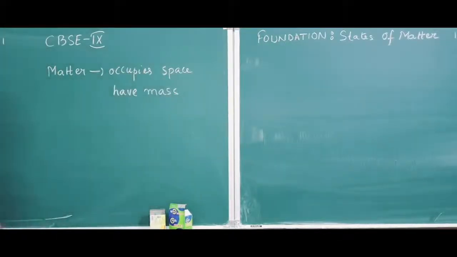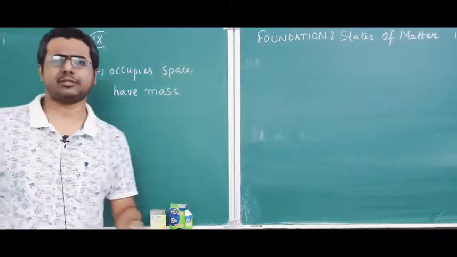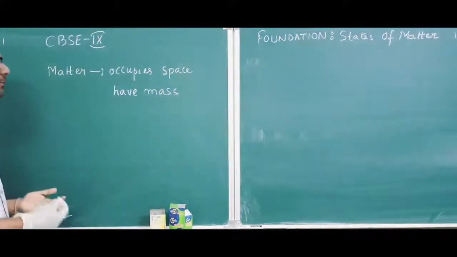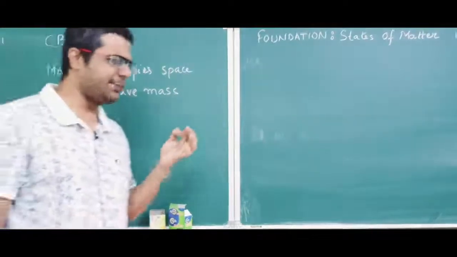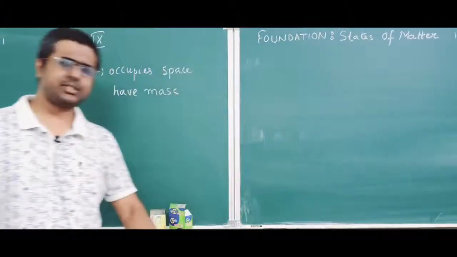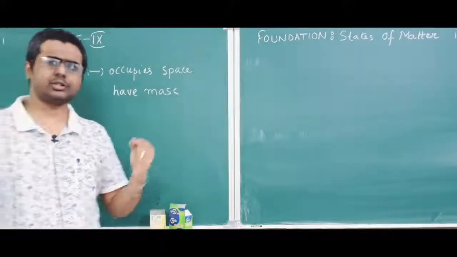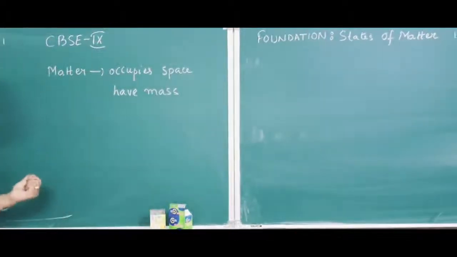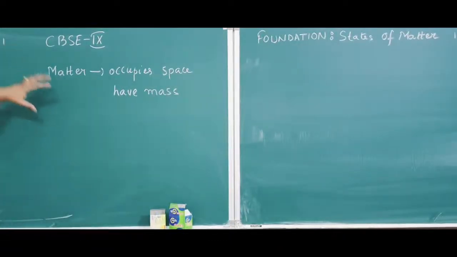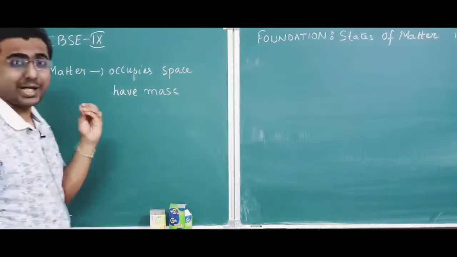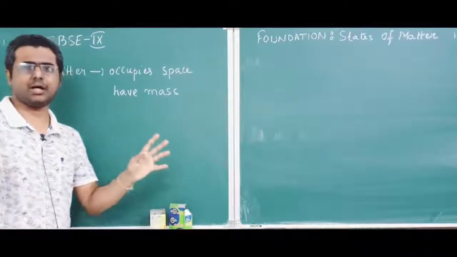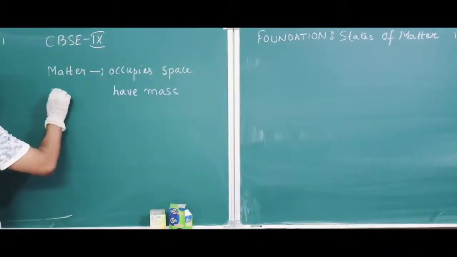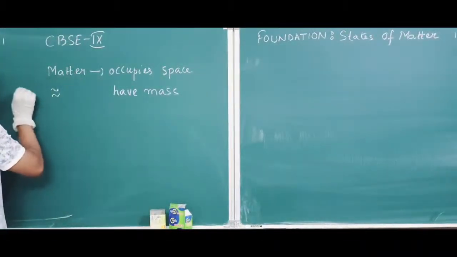Next is, what constitutes matter? That is, what is the minimum particle size of the matter? What can it be? We have studied atoms, right? It can be an atom. Then if you go inside the atom, it will be electrons, neutrons, protons. So these sizes are very small. So if you want to know the basic particle size of matter, then it should be around nanometers, right? The size of particles